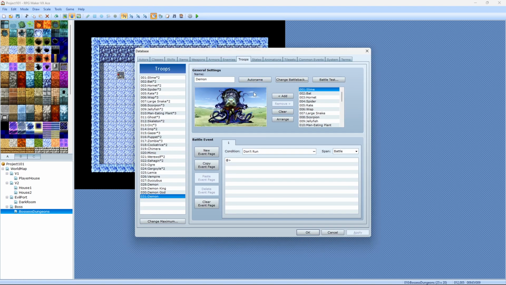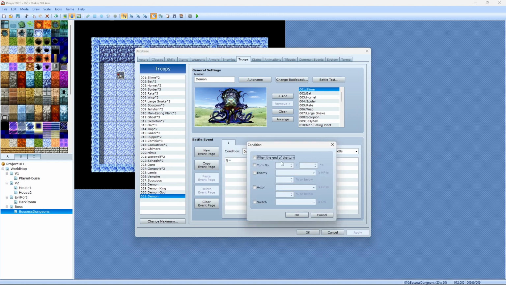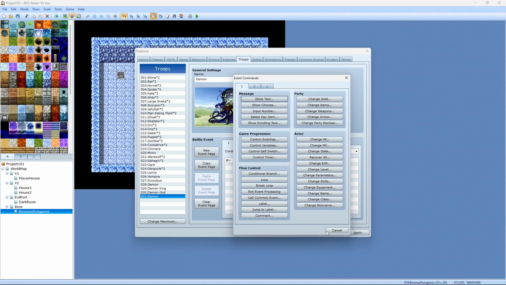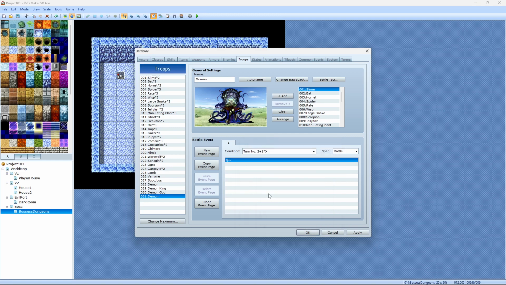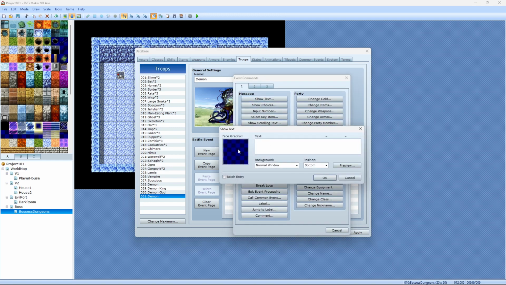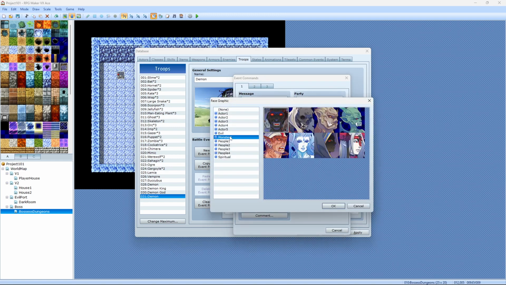Why do I keep pressing that enter? Now we will have some curious condition here. Let's say on every 2 turns, not times 2. So you have to do a bit of math here. So 2 plus 2, and it will repeat. I want it to go like this. So every 2 turns, you will do the following. You will say,